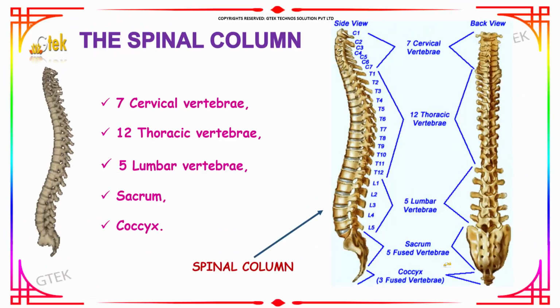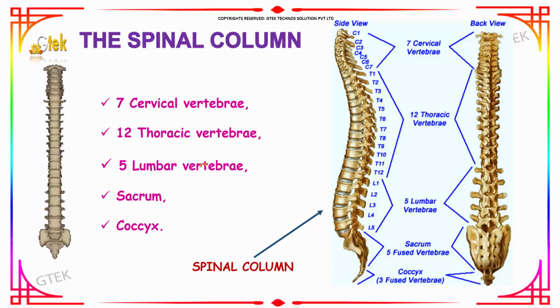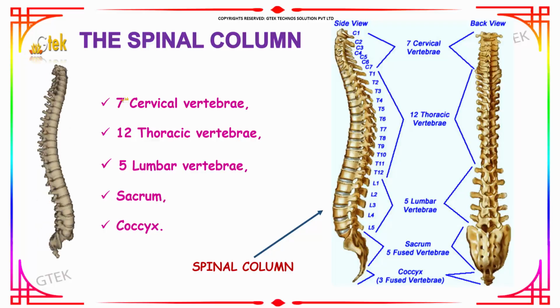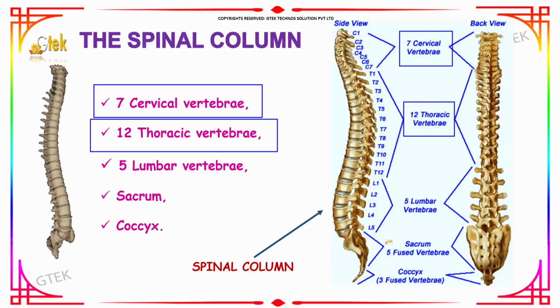Next we are going to see about the spinal column. In a human spinal column, which is also known as vertebrae, there are 7 cervical vertebrae, 12 thoracic vertebrae. As you can see, there are 7 cervical vertebrae, 12 thoracic vertebrae, as it is located near the thorax of a human body,